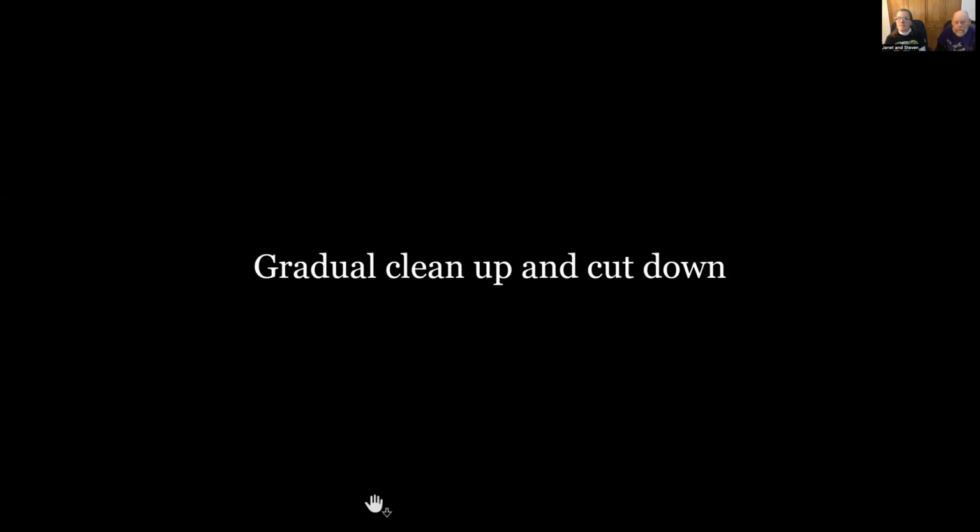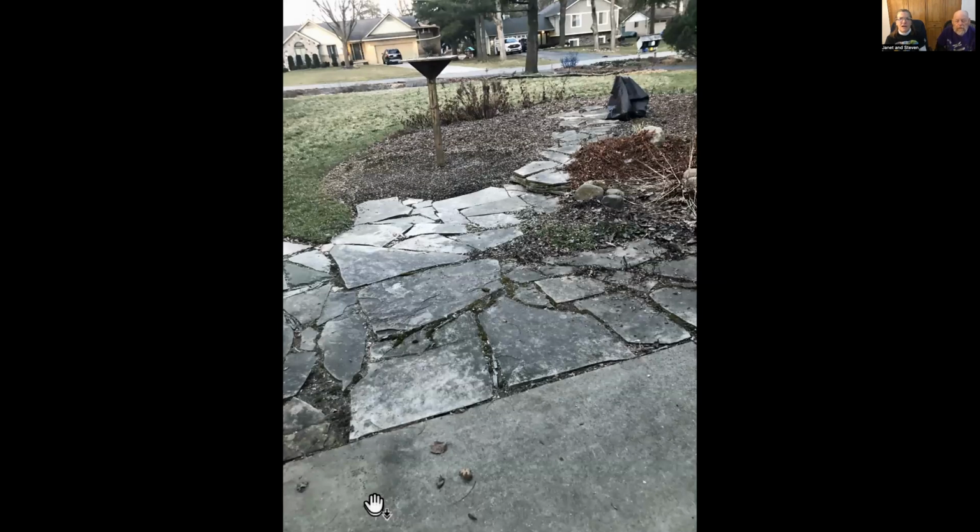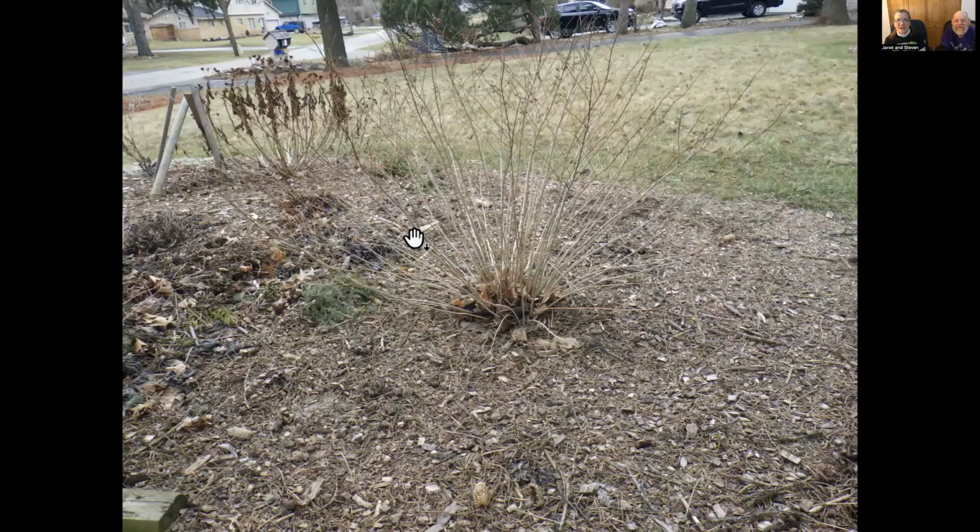Okay, so we've been going out because the days have been nice enough. Some days have been really nice and some just nice enough, but it's time for gradual cleaning up and cutting down. I went out to take out all the birdseed hulls from our two platform feeder areas where a lot of things get spread on the ground. I took a little over 4 wheelbarrows of hulls out of there. And while I was doing that, I couldn't help but say, I can cut down some of these garden things, like the